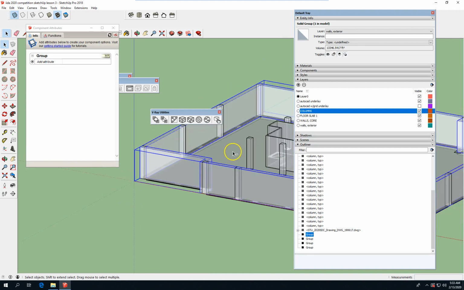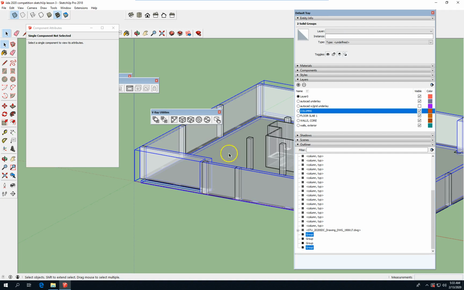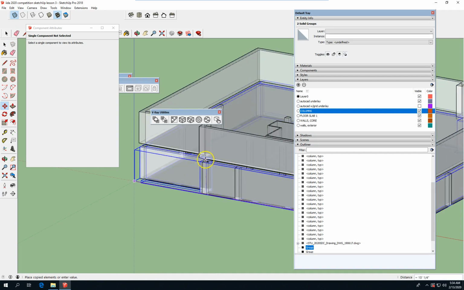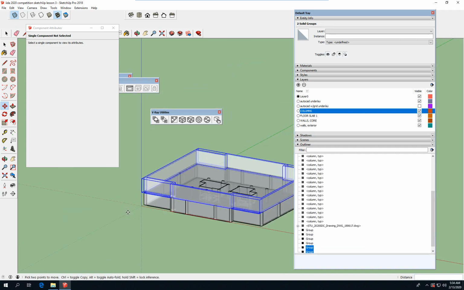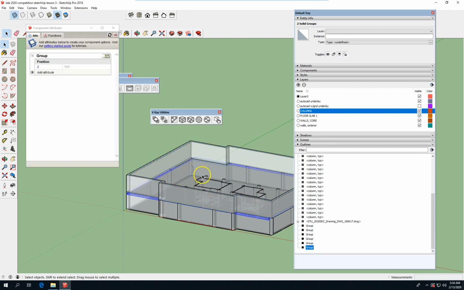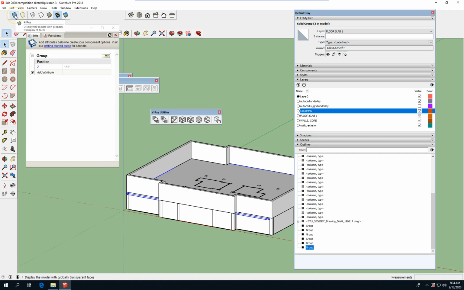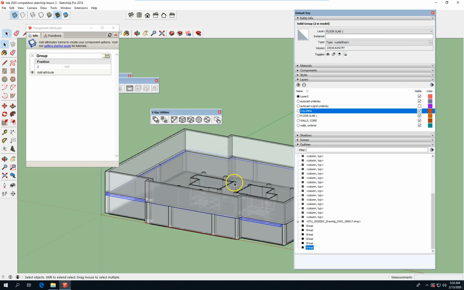So solid group, 2 solid groups, move copy, select an endpoint, tap the control key. Alright, I'm going to snap to that point. That's going to replicate that 14 feet upwards. If I switch my style, we can see what's solid and what's not. So we also need to replicate